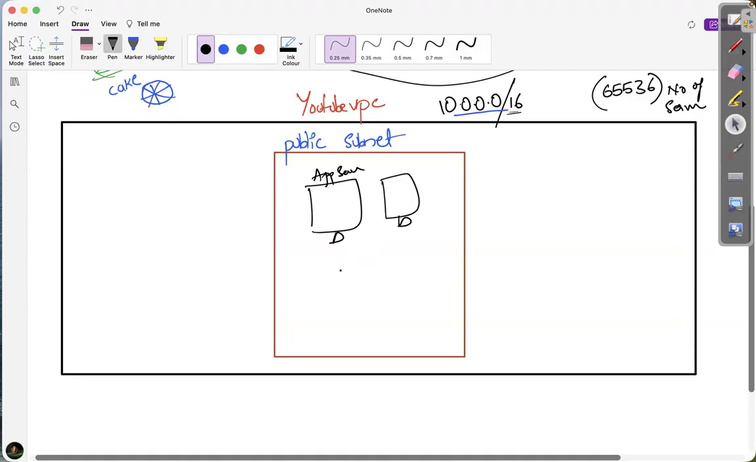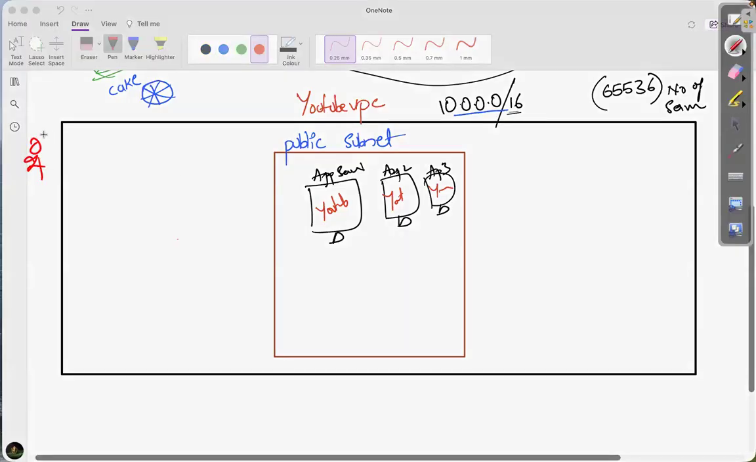Initially you want to host your YouTube application in app server 1, app server 2, app server 3. So in all these application servers, which application is running? YouTube application is running. Let's say from here, one person, a customer, is typing